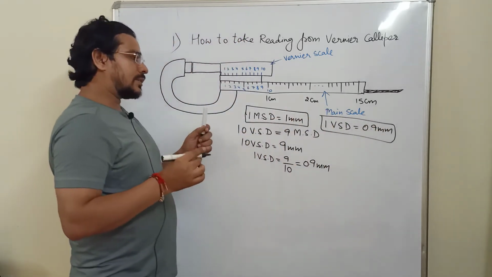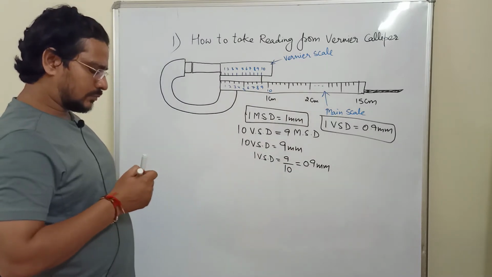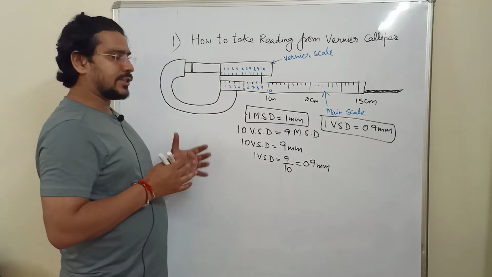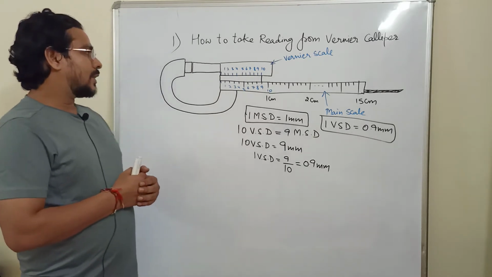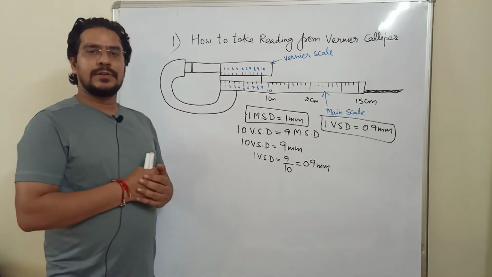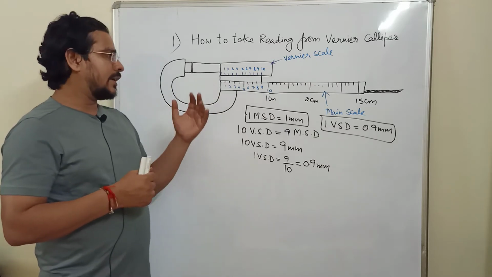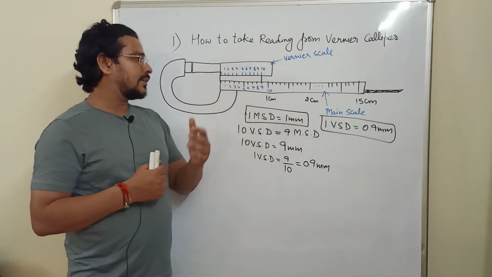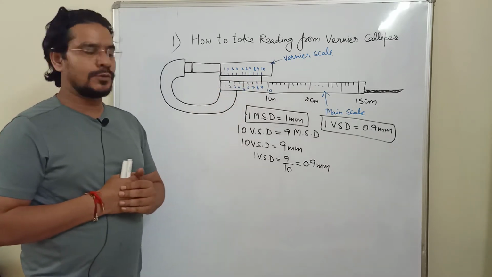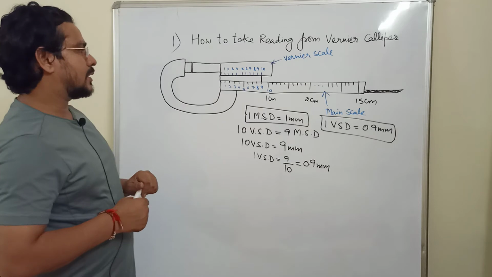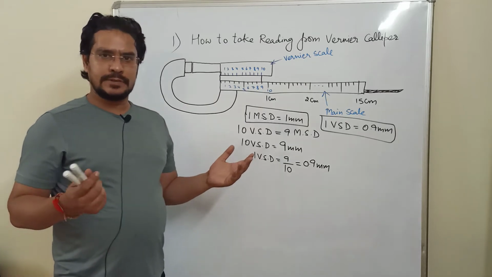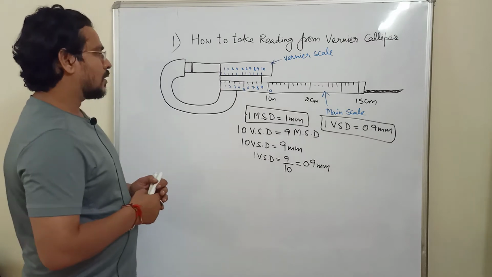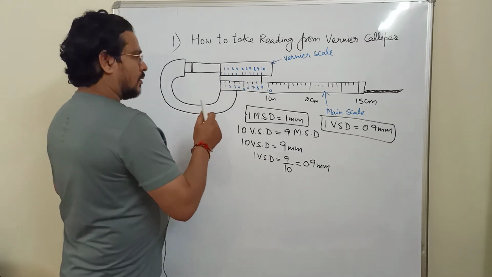Now, what this small difference can do, how it is useful in the working of caliper, it is having a very interesting mechanism. Every time I teach this vernier caliper, or any time I use this, I just get fascinated by this genius idea. Whoever the designer or inventor of this device is, I don't know, but this is such a genuine technique. There are so many techniques which are anonymous in our science, but they are just brilliant. Okay, so pay close attention.